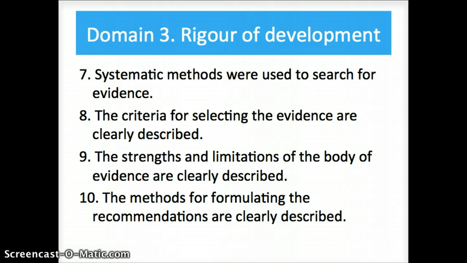The CPG's description of the strengths and limitations was also reviewed. While the CPG provided a clear description of the NZGG grading system, the evidence tables again were inaccessible via a faulty link, so analysis of the evidence and consistency of the grading was also not possible. The CPG did not explicitly state how the development group considered health benefits, side effects, and risks when formulating the